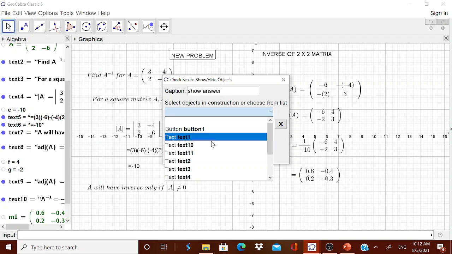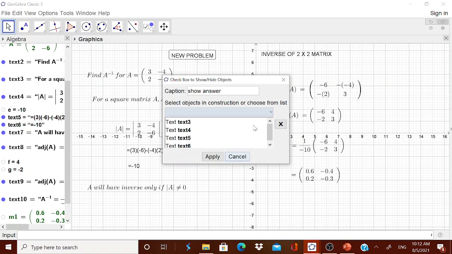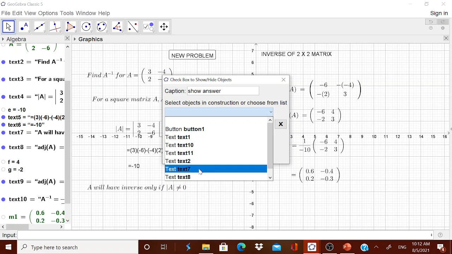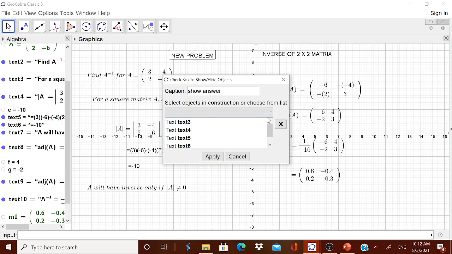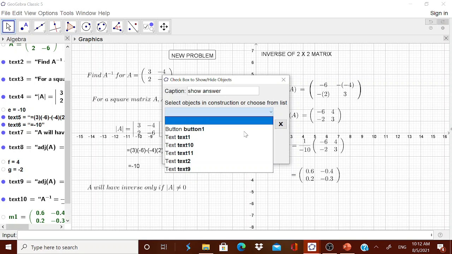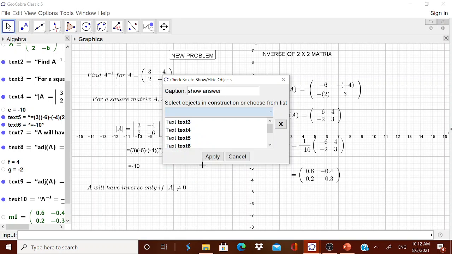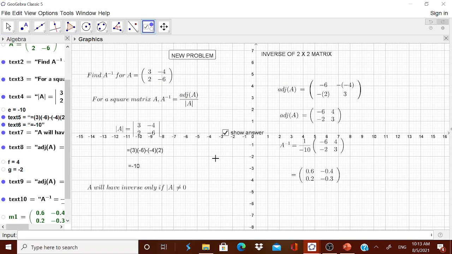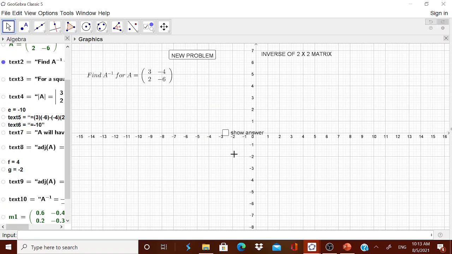Therefore, you select text 3, then you select text 4, then text 5, then text 6, all the text from that, then text 7, then text 8. This also I will tell you because it will be highly useful for you. Text 9, then 10, then 11. I think anything is left out. Okay, I think nothing is left out. Okay, I will apply it now. Okay, now when I click it, you see everything goes.